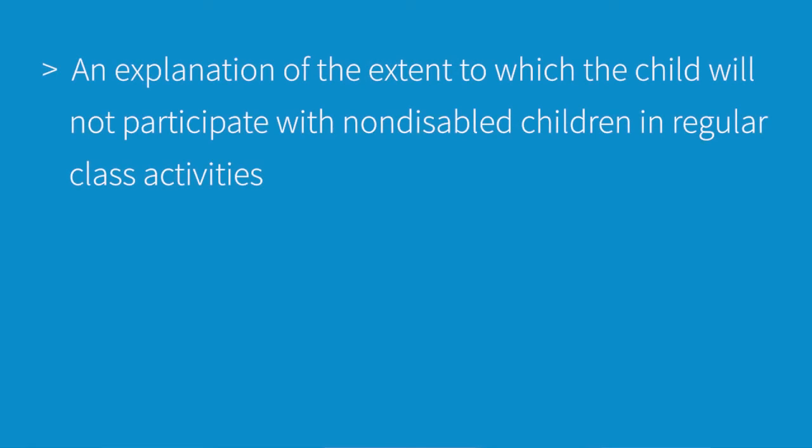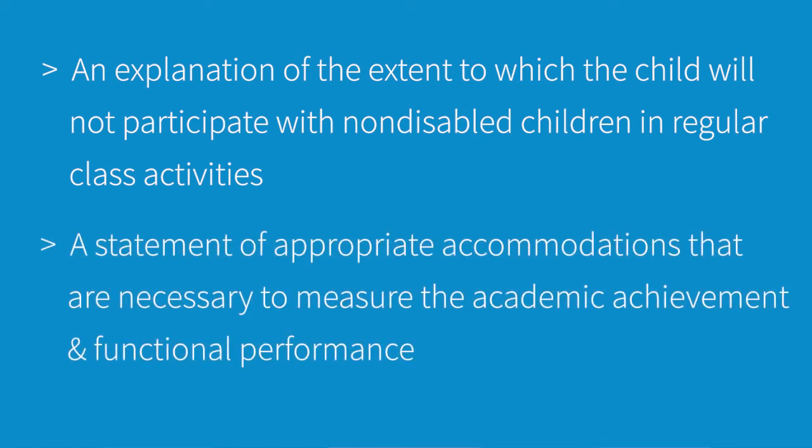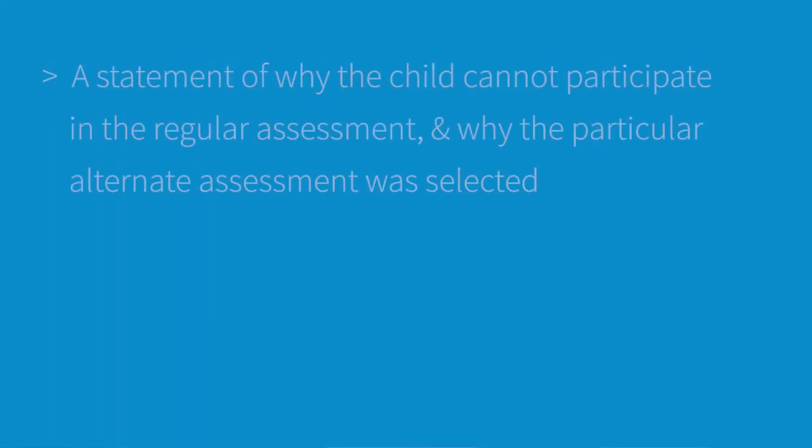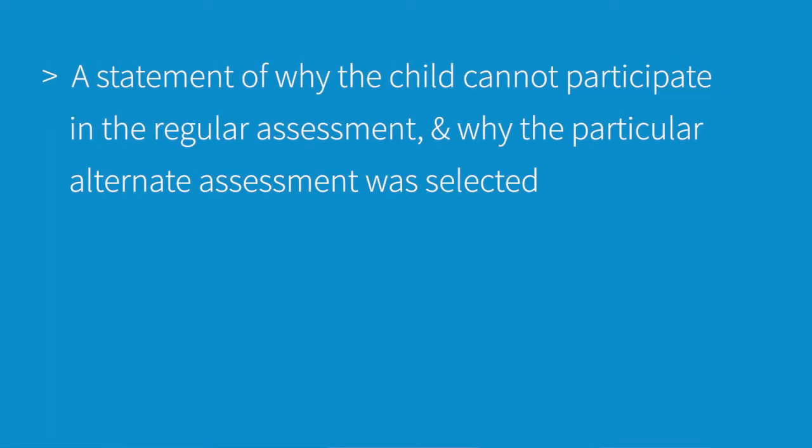The IEP should also have an explanation of the extent to which the child will not be participating with non-disabled children in the regular class, if that turns out to be the case. A statement of any appropriate accommodations that are necessary to measure the academic achievement and functional performance of the child on state and district-wide assessments, and if the IEP team determines that the child shall take an alternate assessment, a